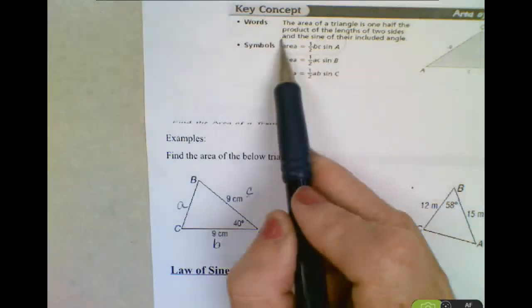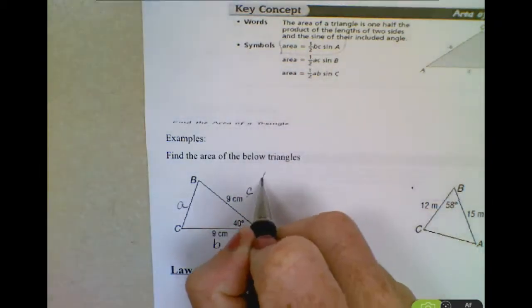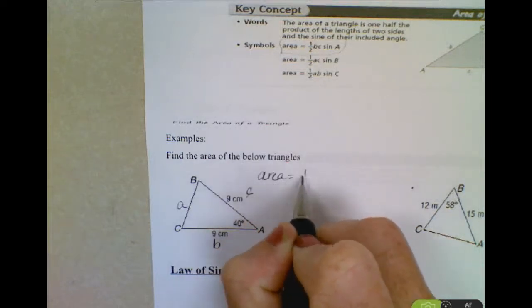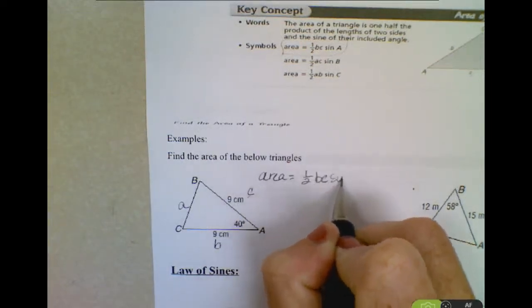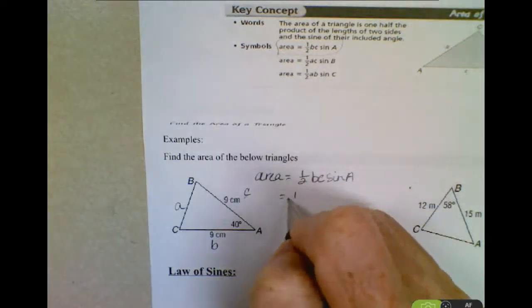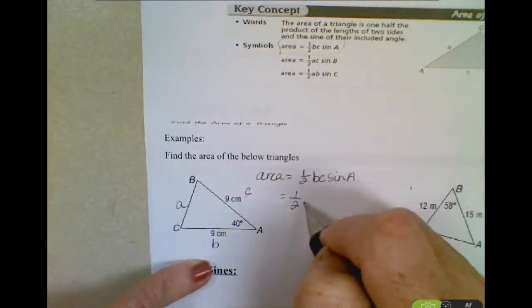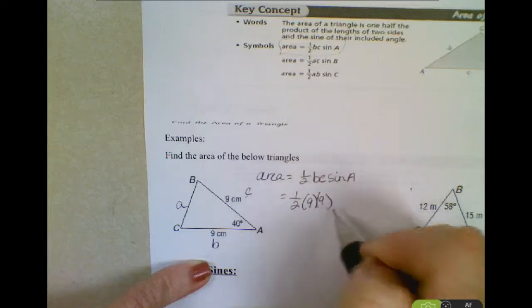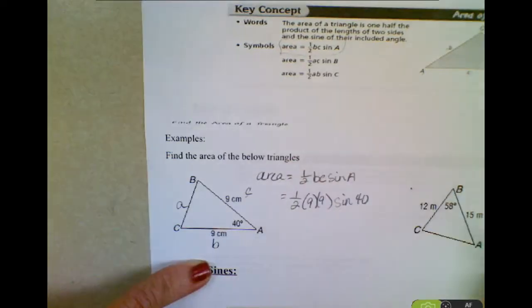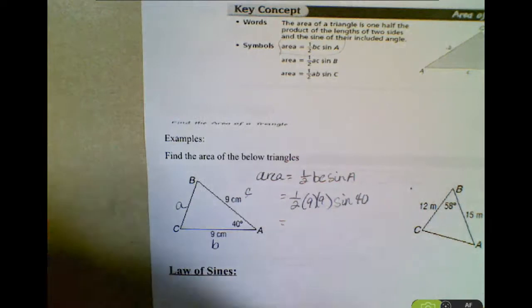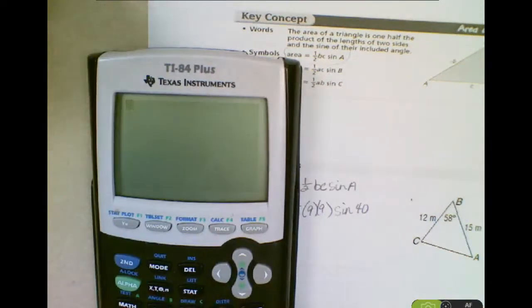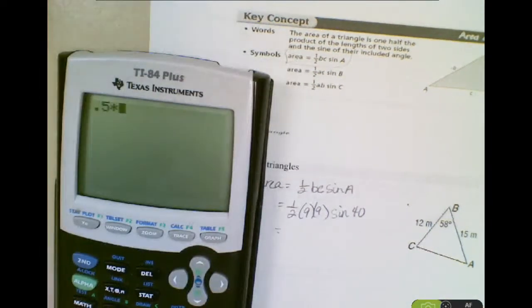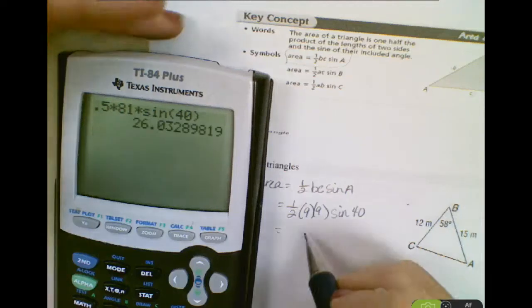So we're going to be able to use this first area formula, which would be 1/2 bc times the sine of A. So just plugging in, we would have 1/2. Our b measurement is 9. Our c measurement is 9, and then we would have the sine of 40 degrees. So doing that in our calculator, we'll go ahead and do 0.5 times 9 times 9 is 81 times the sine of 40. Close your parentheses, be really sure you do that or you won't come up with your correct answer. And that'll give you